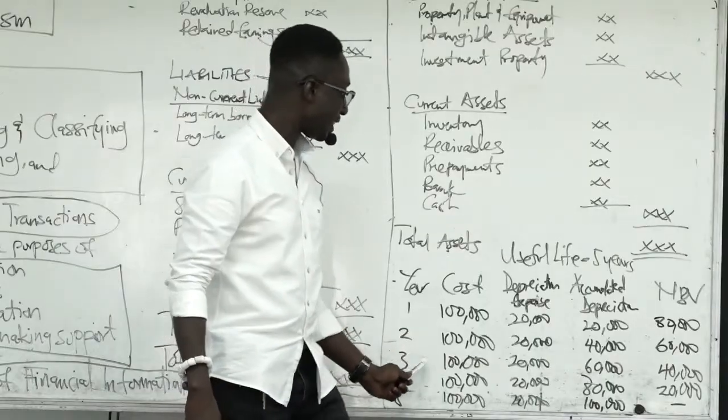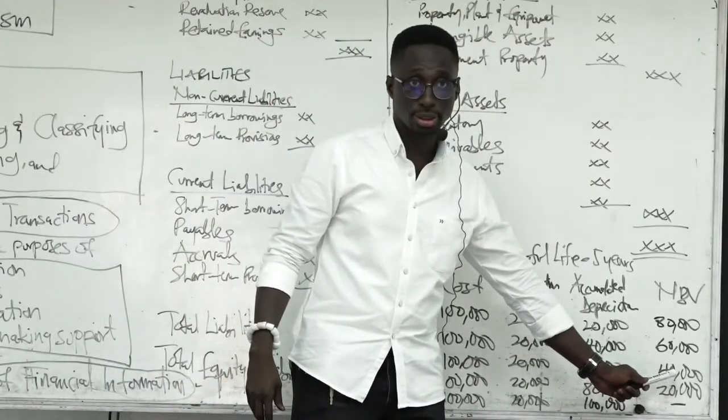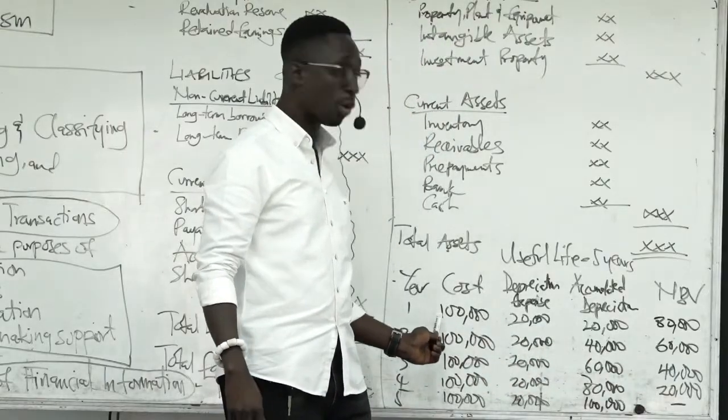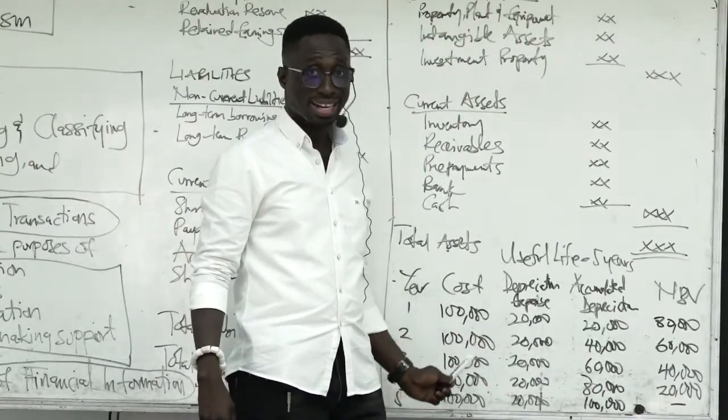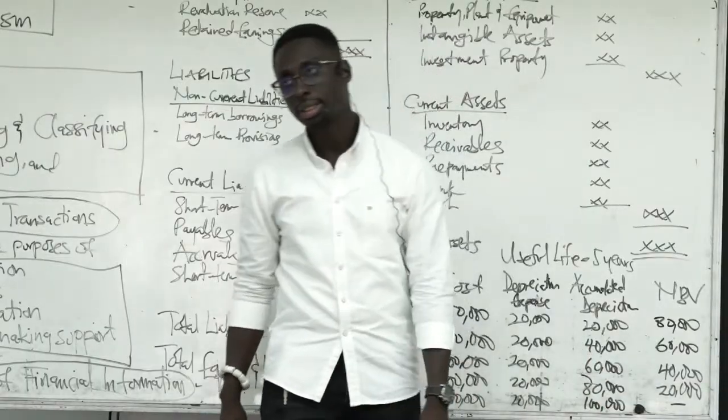At the end of the 3rd year, what was the net book value? 40,000. We bought it for 100,000 Ghana cedis. At the end of the 3rd year, the net book value of it is 40,000. Meanwhile,